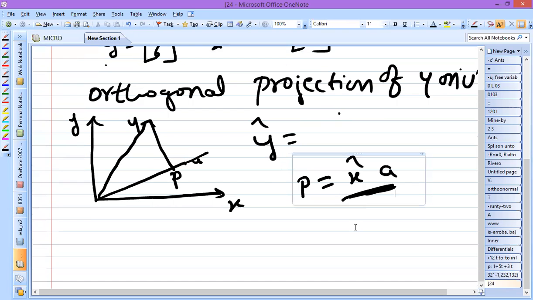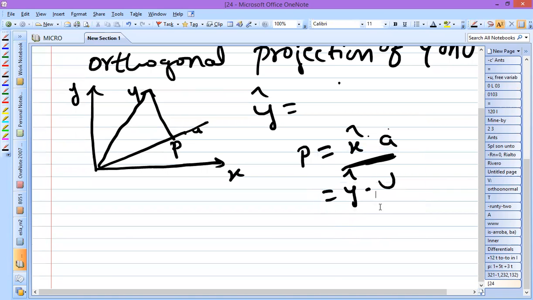Since we are given y, it can be written as y vector into u, because the projection is drawn on the line u. While explaining the theory concept, I told that the projection b is drawn on the line a. Here since we are drawing on the line u, this has to be multiplied with u. You need to keep this concept in mind and then write the equation. Here we need to calculate y cap. Let's see how to calculate this.